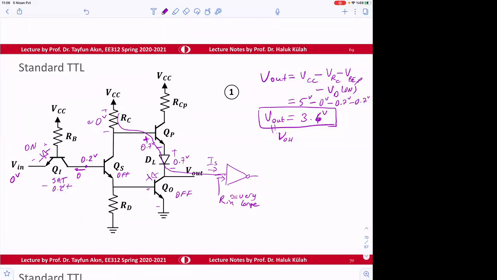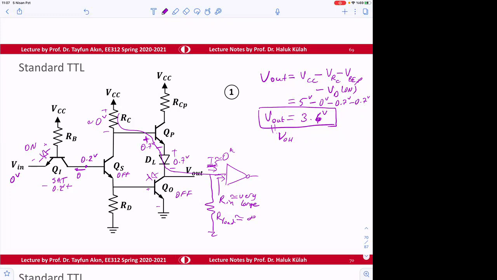Now this is the critical thing. You know, there's going to be R load here. Okay, so this R load is about infinity, but not that infinity. So you know, but there's going to be a slight current. You know that, you know, when we have transistors or other things here, there's going to be small current here. So the small current is about 0 volt, 0 amp. Okay, so that current,